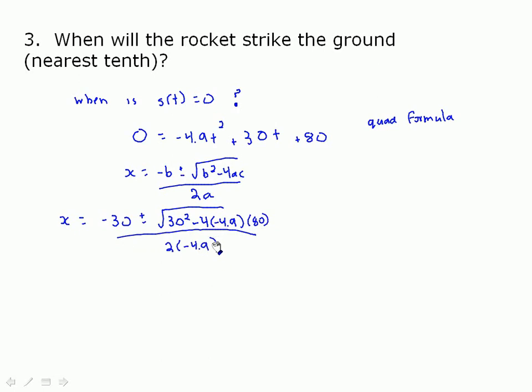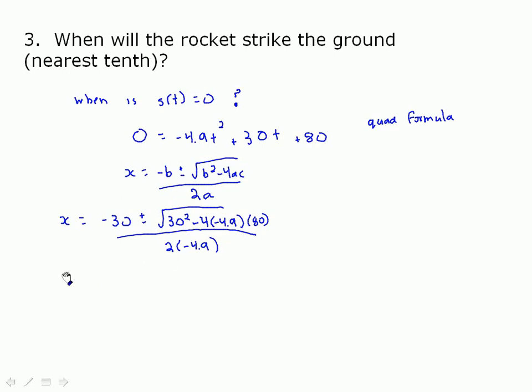Now, to be honest with you, I usually will make the leading term positive just for ease and bring it to the other side and change the signs, but no big deal. I'm okay with this. In the radical, 30 squared, the two negatives cancel, so it's plus 4 times 4.9 times 80,